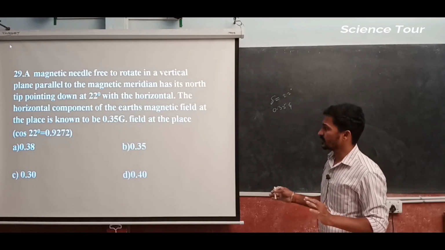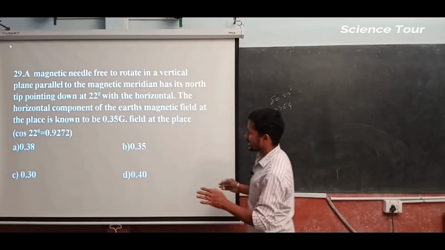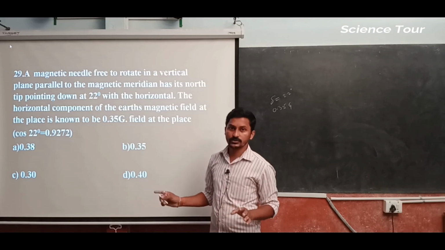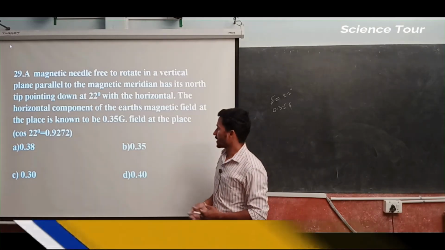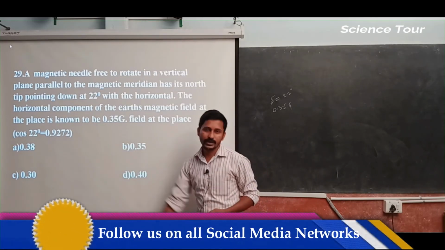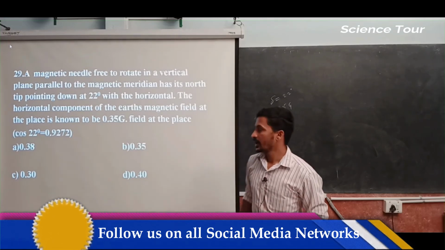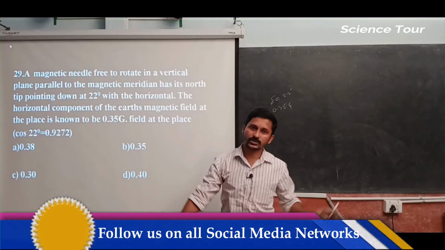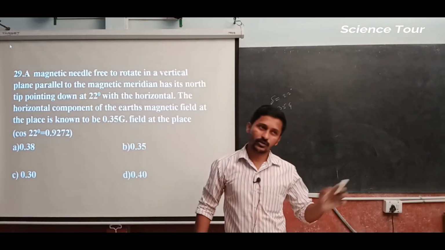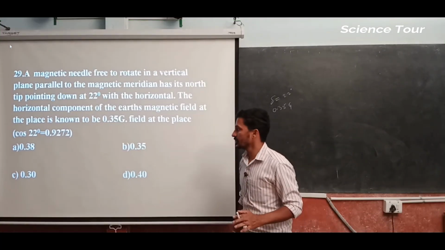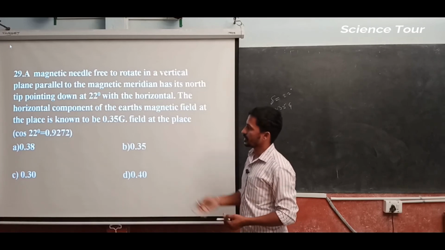So it must be in Gauss. Okay, see, Tesla given means you have to change it. Actually, Gauss we should have mentioned, but here in the answers we didn't mention. But I told you at the beginning, if you see the data, first see your units, whether you have to change them or not. That's the first thing. And the second thing is the given data, already everything is given.